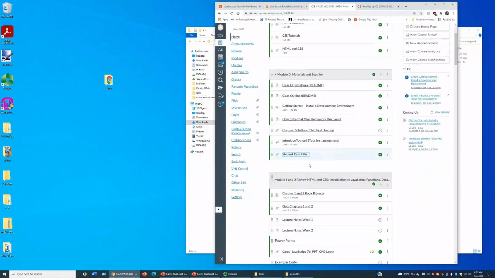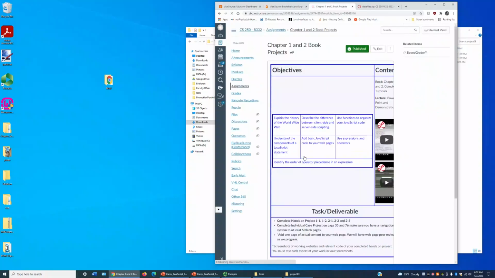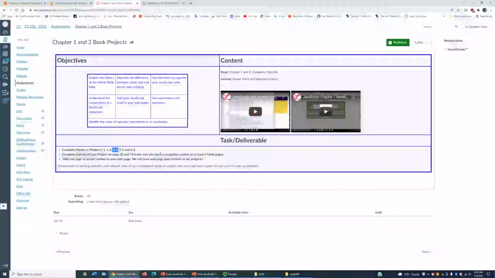So our assignment for chapters 1 and 2 book projects are hands-on 1-1, 1-2, 2-1, 2-2, and 2-3. Let's do 2-1 together, and then we'll call it. Now let's talk about this one right here, your navigation system to at least 5 blank pages. You're going to just create one page that has an aref to blank pages that you haven't created yet, and that's what we call a title bar. And you'll use the aref